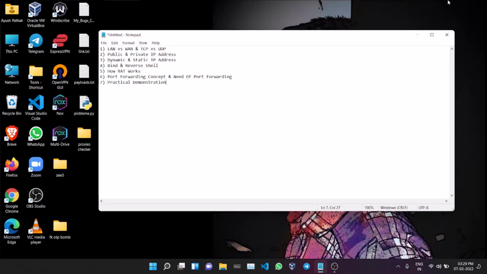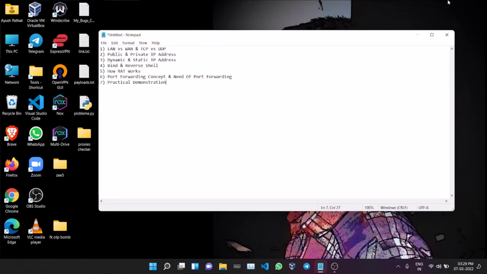So let's move to the second topic, that is TCP versus UDP. These are the two basic protocols, and TCP is a connection oriented protocol, whereas UDP is a connectionless protocol. What it means is TCP aims to deliver all the packets and checks if all the packets have been successfully delivered, whereas UDP doesn't care about them. UDP sends all the packets, but it doesn't check whether they are received or not. It doesn't matter to UDP. That's why UDP is a little bit faster than TCP. This was the basic difference between TCP versus UDP. And HTTP is a TCP based protocol.